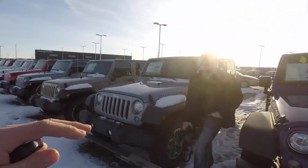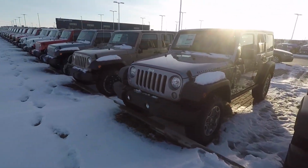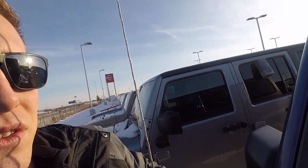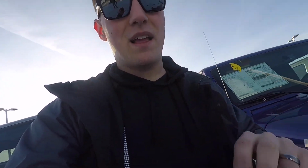Let me put this in perspective for you guys. These are 2018 JKs. This is a Rubicon. Now it's got the LED headlights. This one's also got the LED headlights. This is the Rubicon, the cream of the crop for the Wrangler. So you've got the Rubicon package, 240R, all-speed, automatic, 373 gears, $44,000. So if you do not care about the latest and greatest in technology,